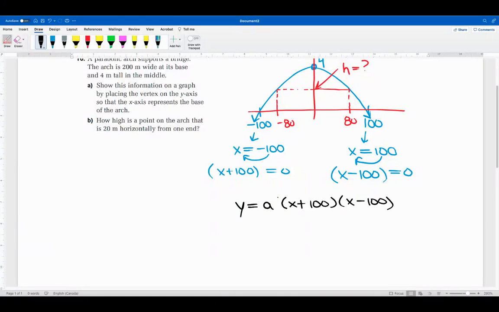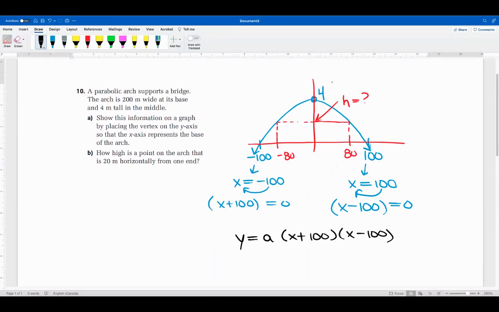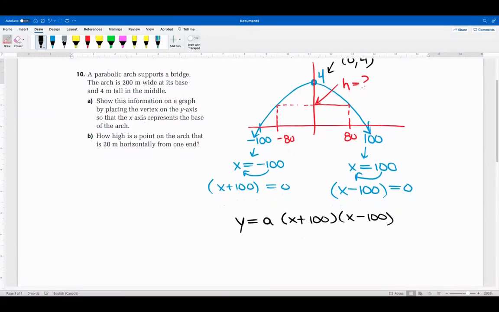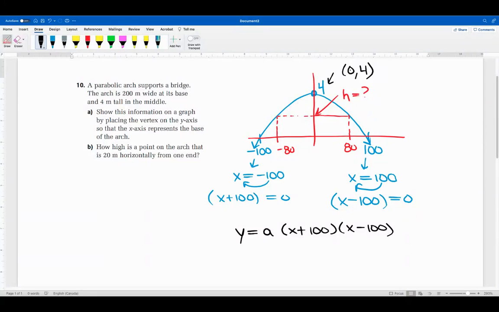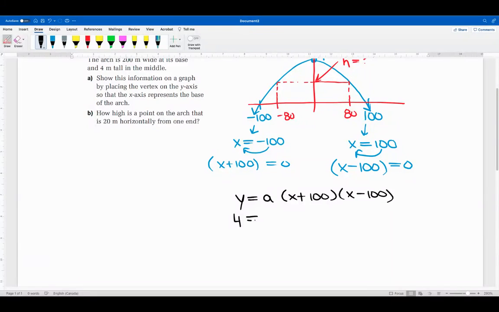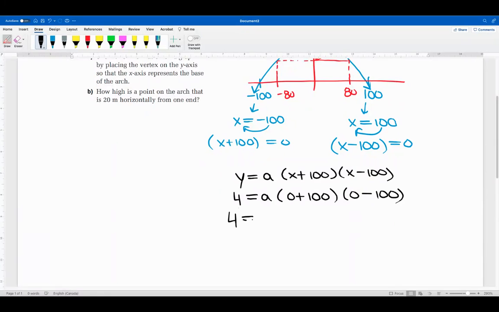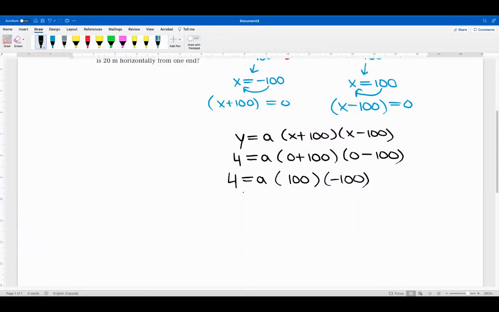We don't know our a value and we need to find it, but we do know the coordinates of our vertex to be 0, 4. So I can sub in 0 for x and 4 for y, and that will allow me to determine a. So 0 plus 100 is just 100. 0 minus 100 is just minus 100. And 4 equals a times, this should be negative 10,000,